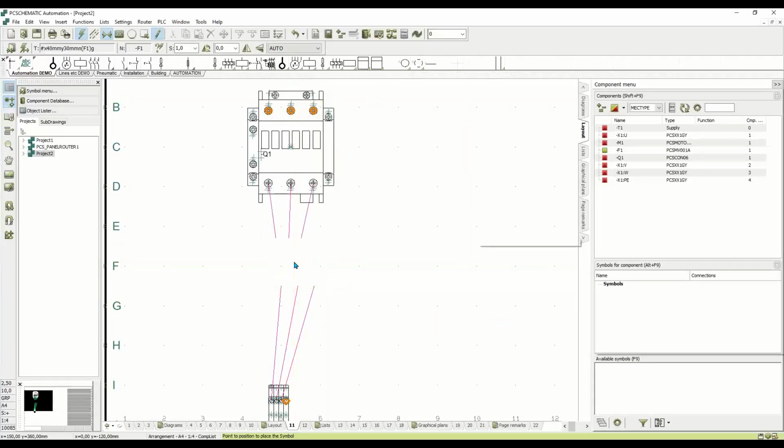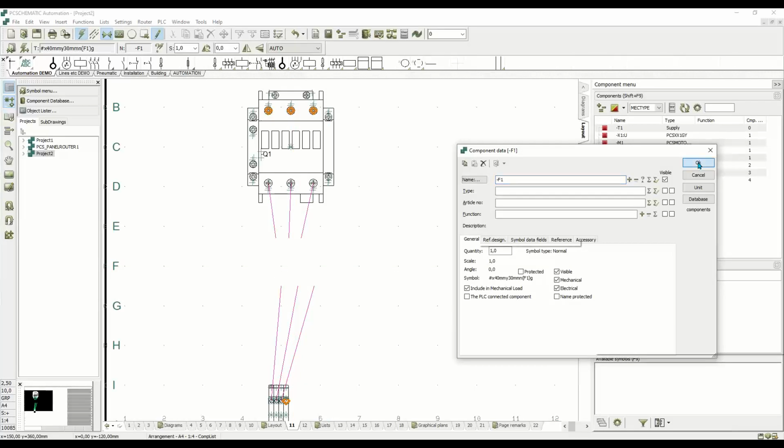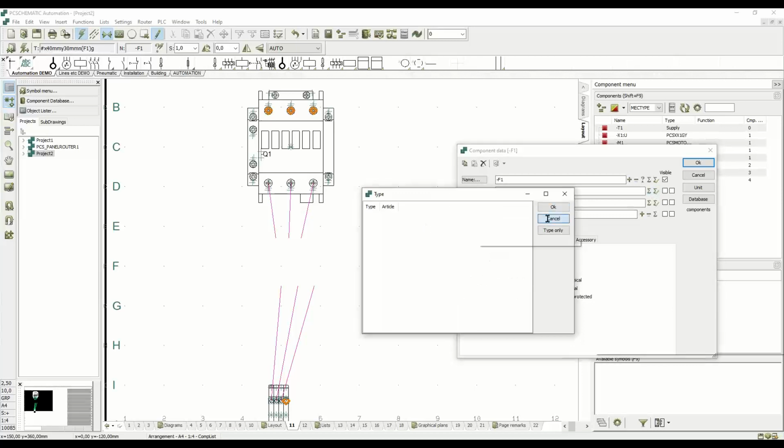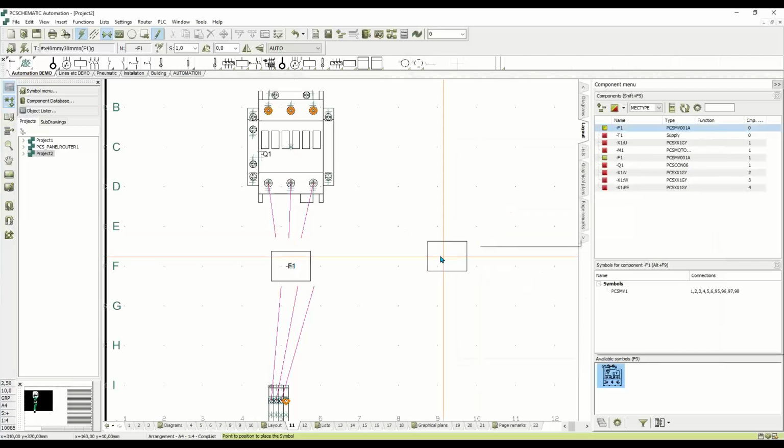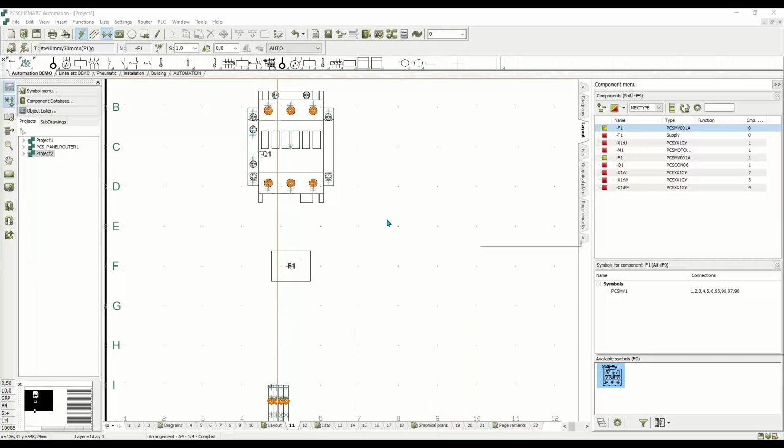And then I'll put this one in, and I would call it F1, and I would go in and check the article number or type. No, I thought I had it here. Here, this one here, because it needs to have that type here. If I do that and I'll go up and use a Panelrouter, then again you can see that right now,